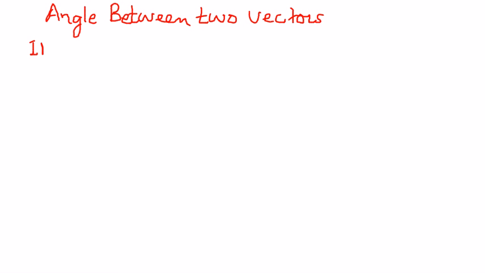If u is a vector and v is another vector, and if these two vectors are non-zero vectors in Rn space, then the angle theta between these two vectors is given by